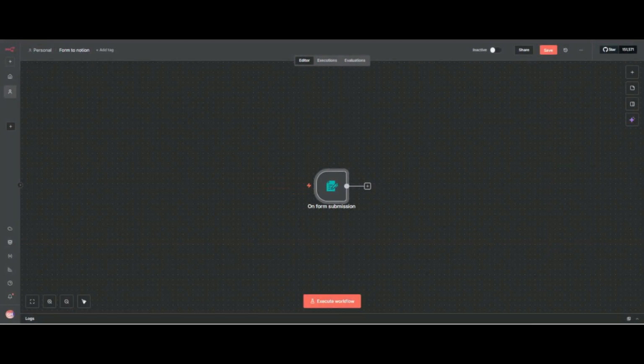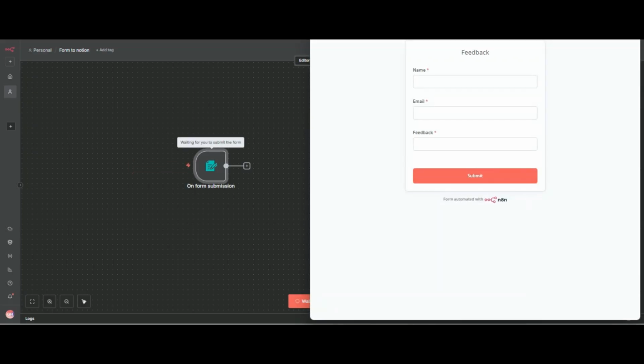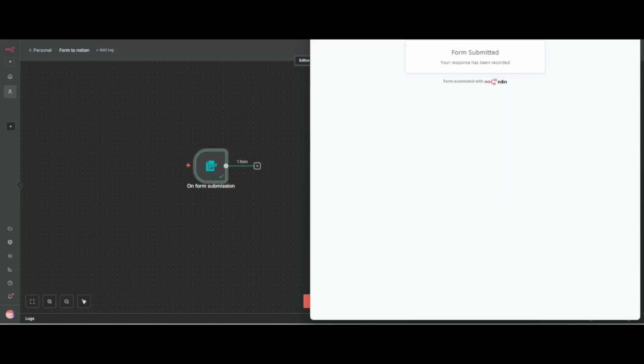So I have added our first trigger, so I will click on save, and then I will execute it. Email, and feedback will be this. This is good. So I will click on save, submit.